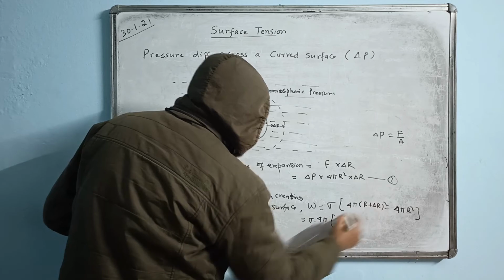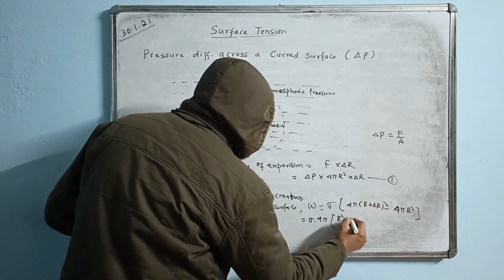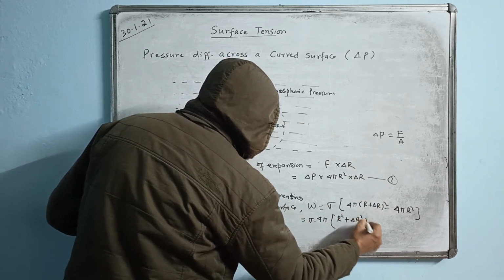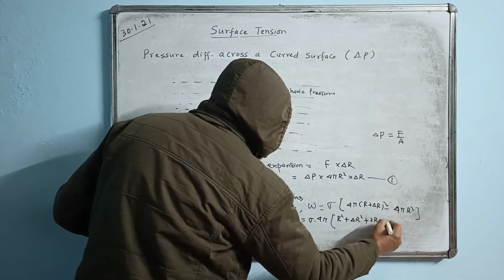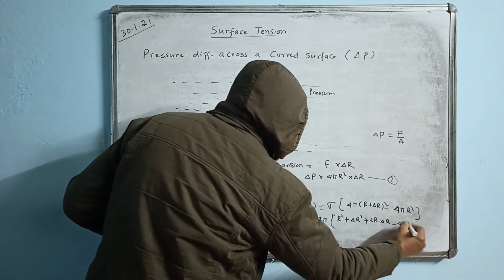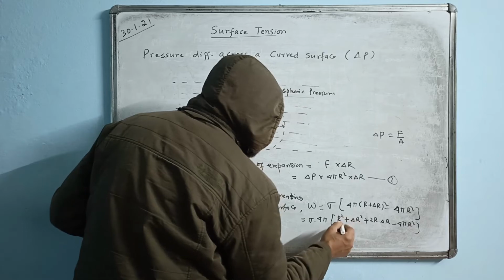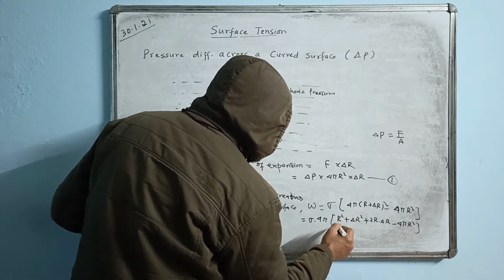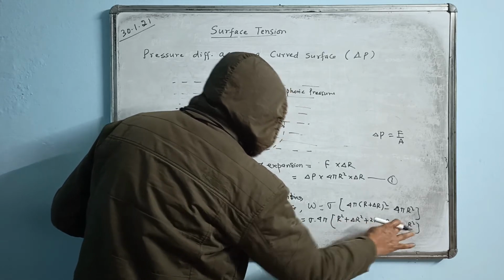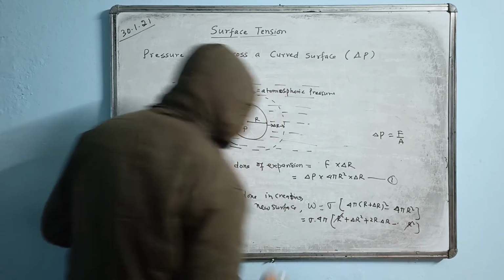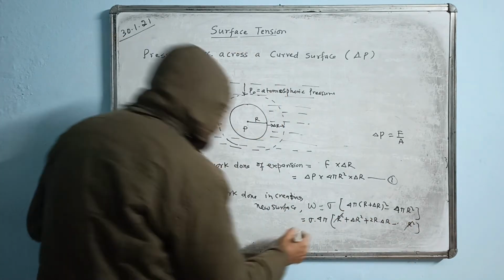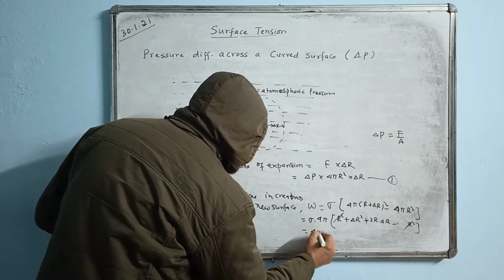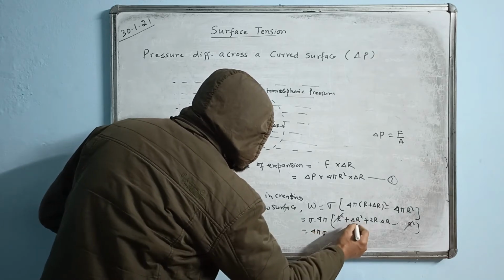We'll expand the (a + b) whole square formula. You get a square plus b square plus 2r delta r, minus 4 pi r square. 4 pi is common, so r square cancels. 4 pi is taken out. We get the answer as 4 pi sigma and